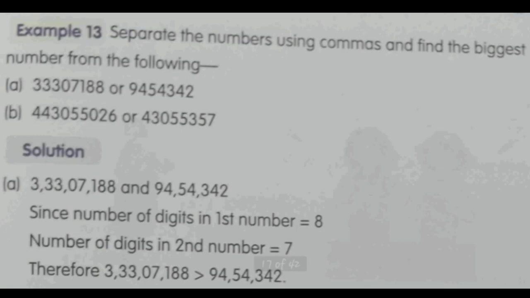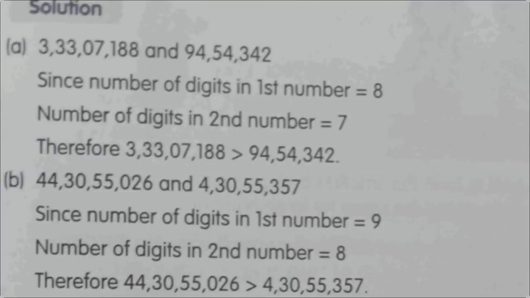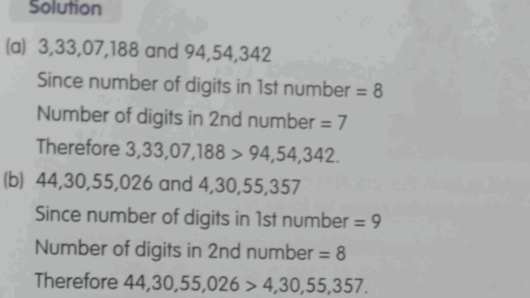Now when we put the commas, as you already know, we start counting from the right hand side. If we use the Indian system of numeration, we put the comma after 3 digits and then after that we put commas after every 2 digits. So after putting the commas, the numbers have become 3,33,07,188 and 94,54,342, which can be read as 3,33,07,188 and